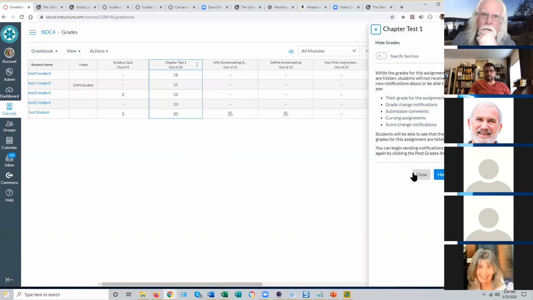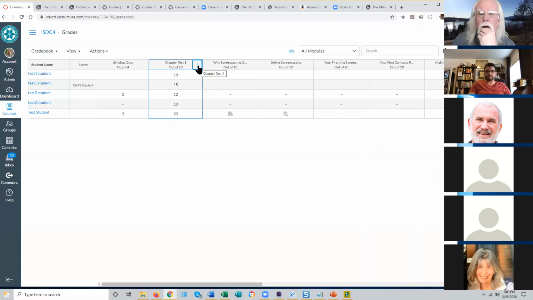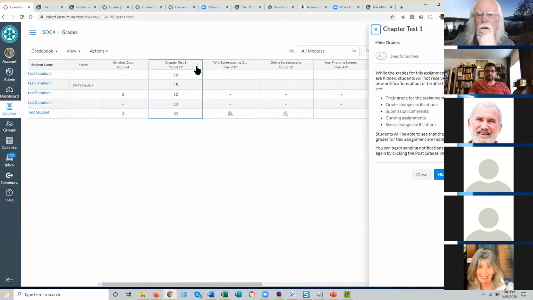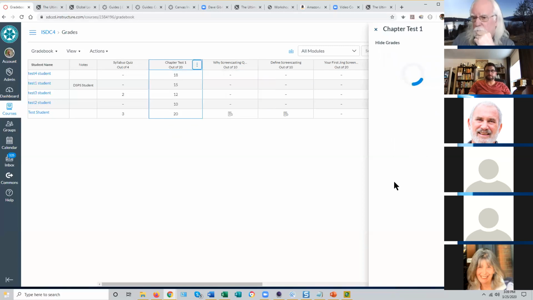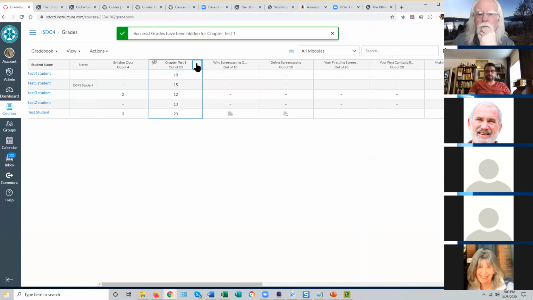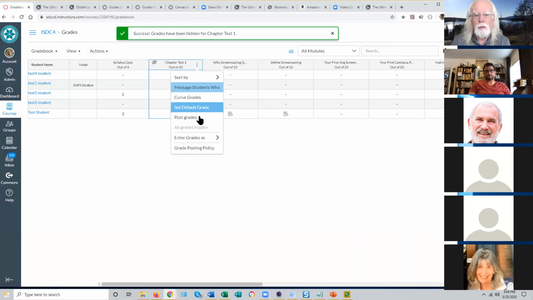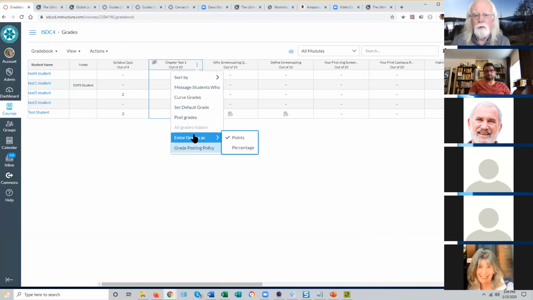So if you're in the process of grading and you don't want any of the students to see a grade until everyone has their grade, you can hide these grades, and then you have to say yes twice, and you get a little indication at the top of the column that the students are not seeing these grades, and then it'll stay that way until you